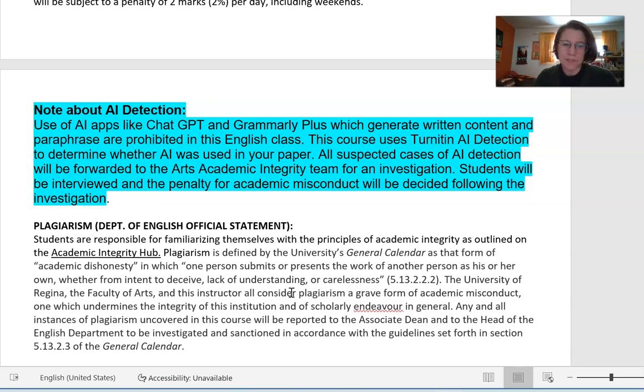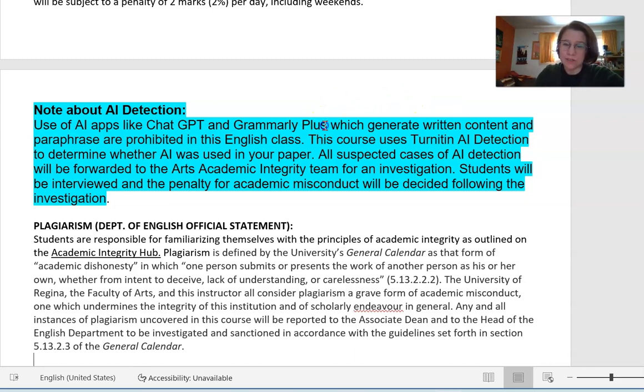Apps like ChatGPT, where you write in a prompt and it gives you an essay, are not allowed. And we do use technology like Turnitin AI detection in this class that will assess your writing and determine whether AI was used or not. So try to avoid all AI-generated apps.